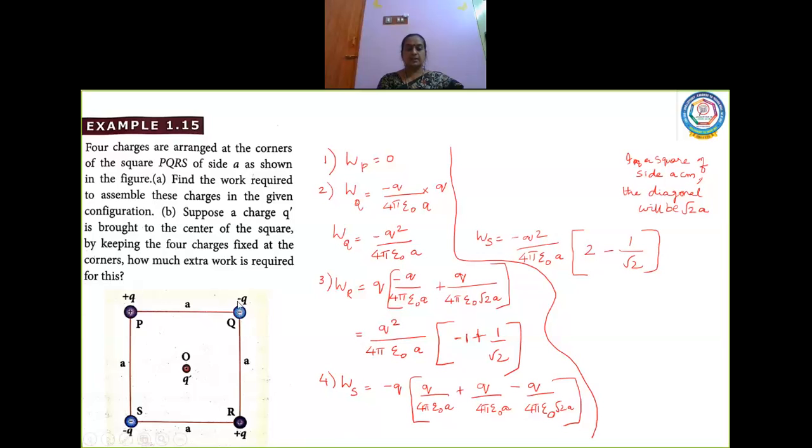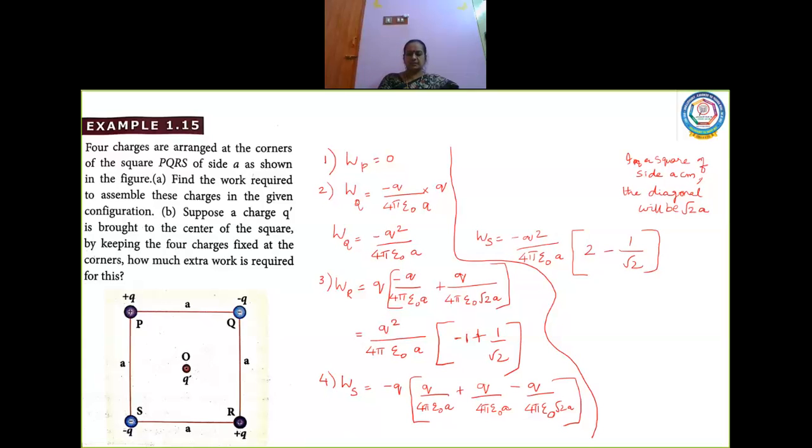Here also it is minus Q. So here also they cancel each other. So what will be the work done here? The work done will be 0. You need not do any work to bring a charge to the point O, because when a charge is brought there, it moves without any external force, because there is no net force acting on that charge. So there is no problem for the charge to come to that position.